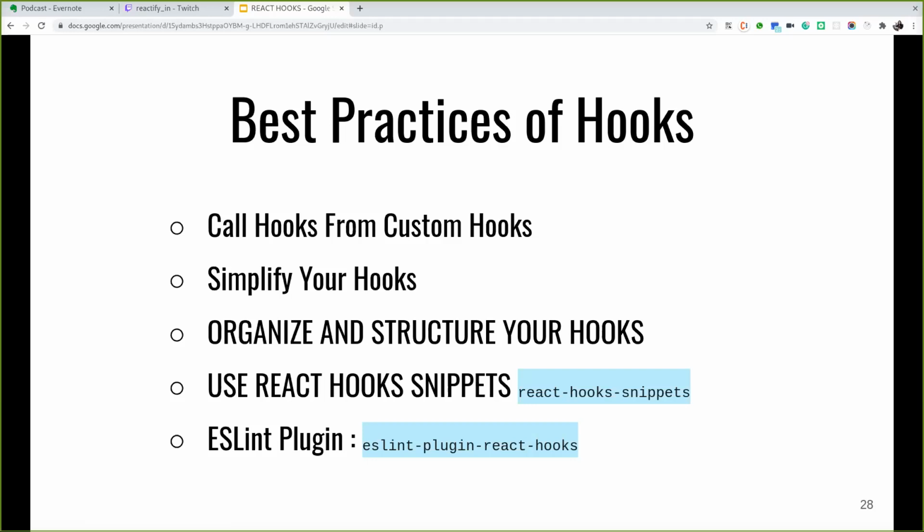Another thing is simplifying your hooks. Keeping React hooks simple will give us the power to effectively control and manipulate what goes on in a component throughout its lifetime. Also, avoid writing custom hooks as much as you can.